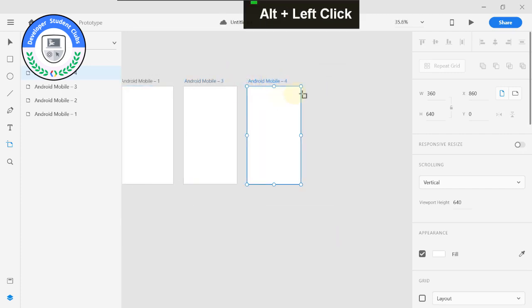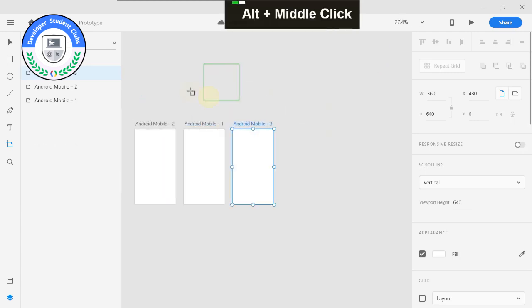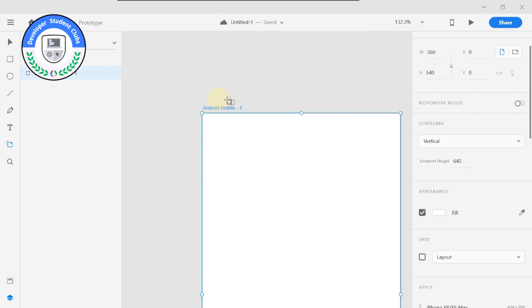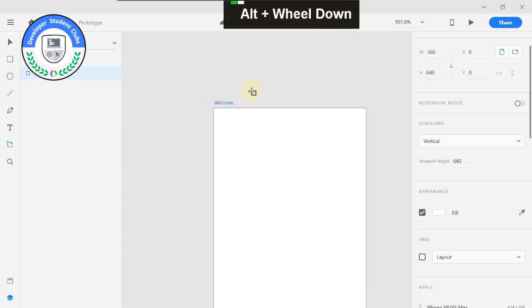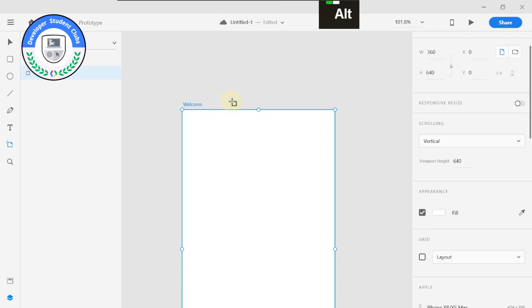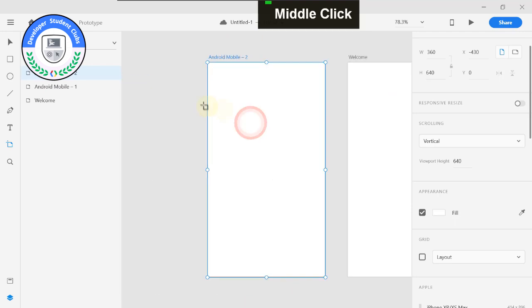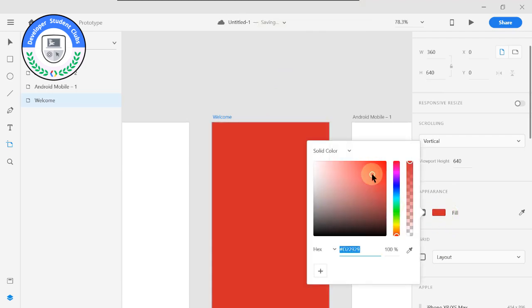You can add as many artboards as you want. So follow the keystrokes that I am using, and undo the steps that I don't want. As you click on the name of the artboard, I will rename it to welcome screen, the home screen. Let's add a new artboard. The moment you select an artboard by clicking on its name, you will have the properties of your current artboard. Let's change the fill to red